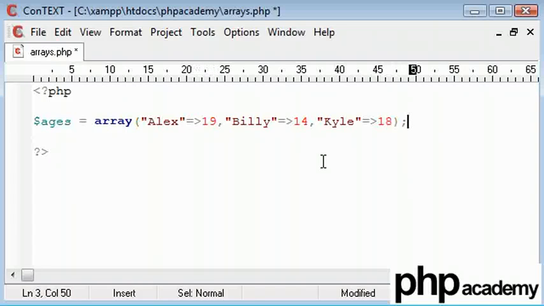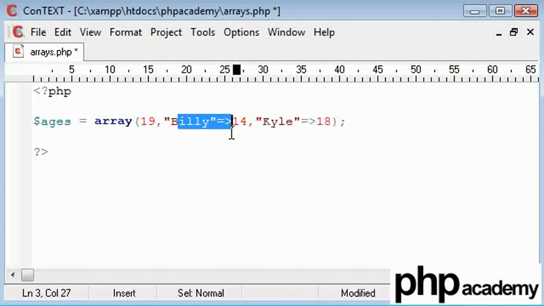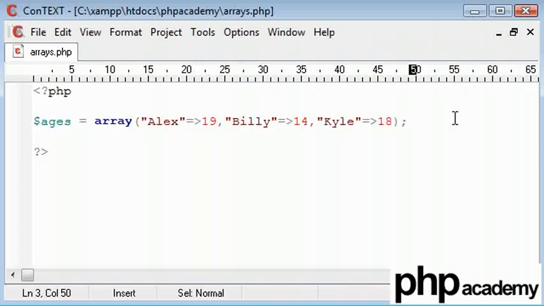Now what this has done is, instead of our array elements as in this being called by 0, this being called by 1, this being called by 2, this is now called as Alex, this is called as Billy, this is called as Kyle, but the values are 14, 19 and 18. So really it would be the same as writing that and calling this as 0, 1 and 2. But to make it a bit more friendly and a bit easier to remember, a bit easier to call,